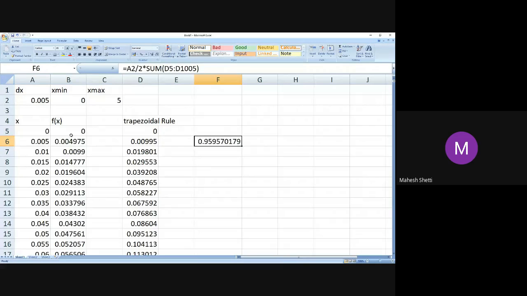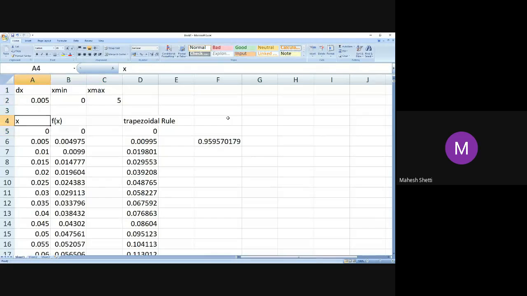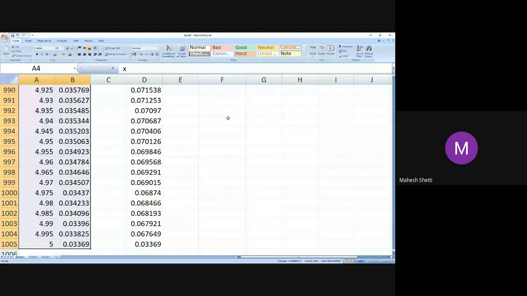Now, x e raised to minus x, if you do the integration from 0 to pi, you were supposed to get around 1, and you are getting this particular value. So you can calculate that depending on what limits you are putting. If I put the limit of 10, I'm taking more area. Let me plot this graph because that will make it clear. How does this look?